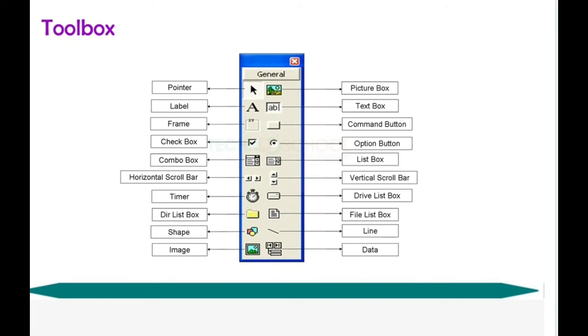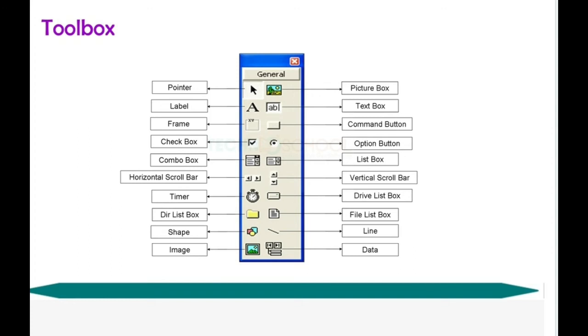In my previous video I explained the simple tools: text box, command button, and label. The command button is an action button. When you run your program, we have an output screen. In the output screen, when you click the command button, your output will be given. When you press the command button, technically we can say it is an action button. The text box is used to enter the input values. The labels show the control names.